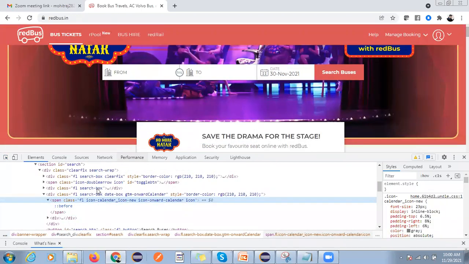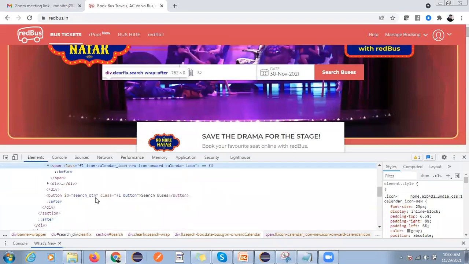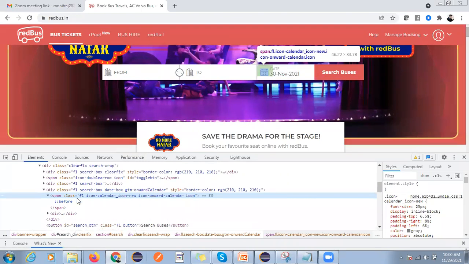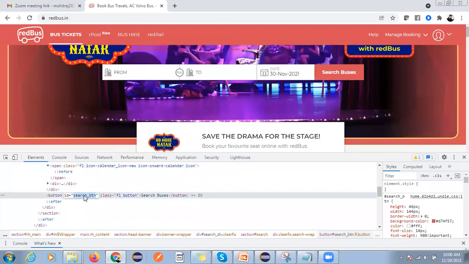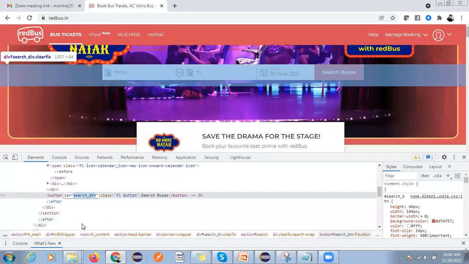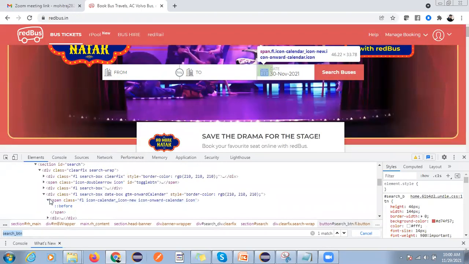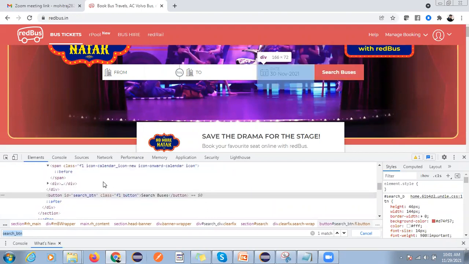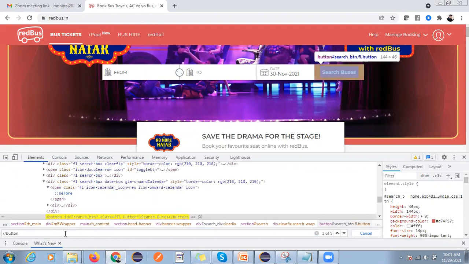If you are not able to find the exact value, from here you can reach here. Okay, you can see we have an ID. Or you can directly search. So I'm just using the ID to reach this node, because here we cannot use this class name, that is not stable. Okay, so now I will use button at the rate ID.